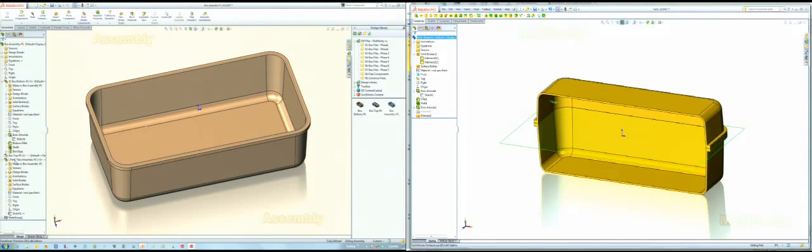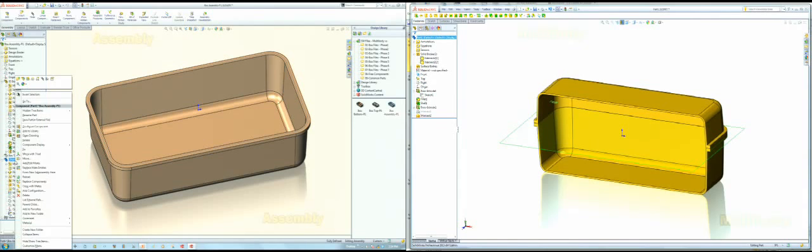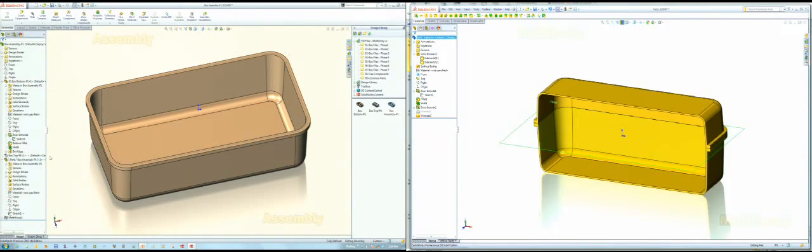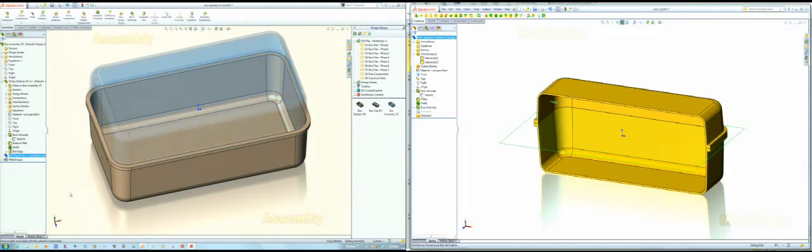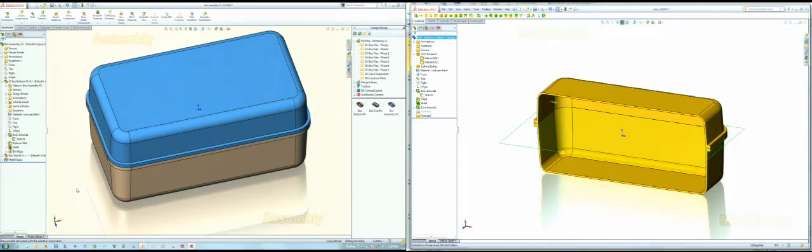We don't like that. We want a separate part file, so there's two things you do in here. If you right-click on it, you can rename the part, and then you can also save the part in an external file. Like I said, I'm not going to do that. I'm just going to delete that part. See how much more trouble it is to do it in the assembly? And the reason for that is I've already built all that, because at this point,